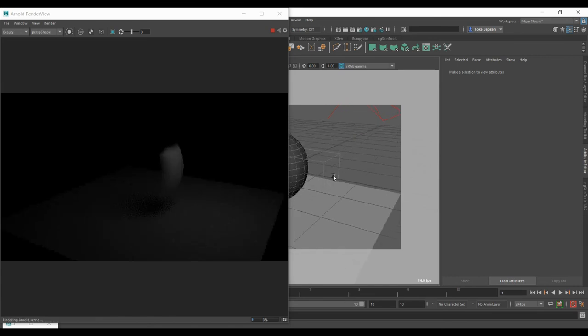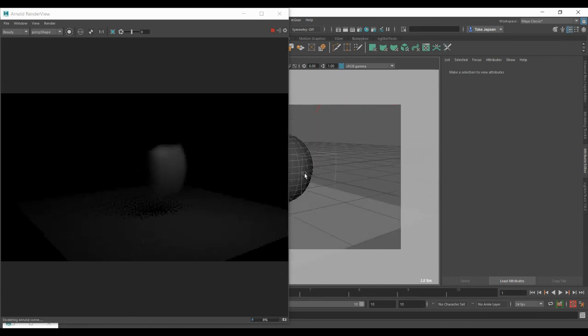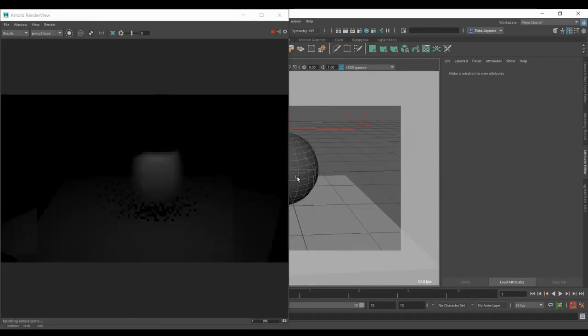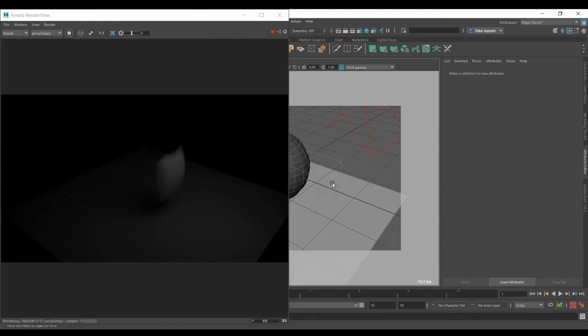So we have the same transparency, and obviously that can travel with the mesh as an